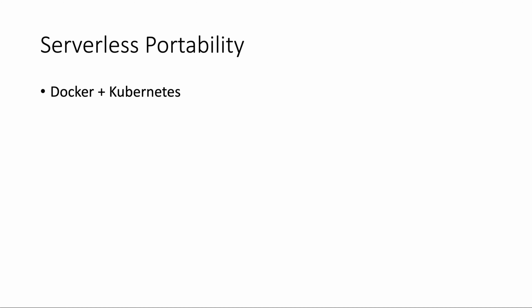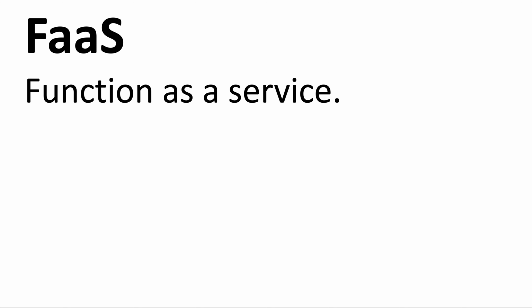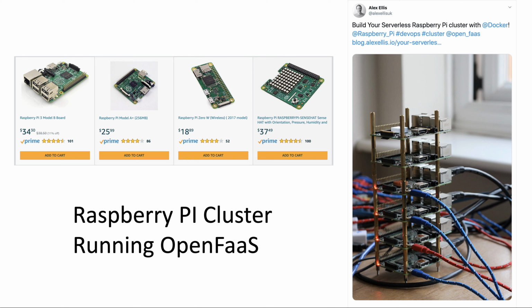So for the most part, when it comes to portability and serverless environments, you can think of Docker plus Kubernetes. Docker gives you that encapsulation. Kubernetes gives you that fabric you can deploy on, with the robustness that it is well known for. And on the back of this, we have a technology that is called Function as a Service, and the open source implementation is OpenFaaS, Open Function as a Service. And you can use it readily from most of the cloud vendors.